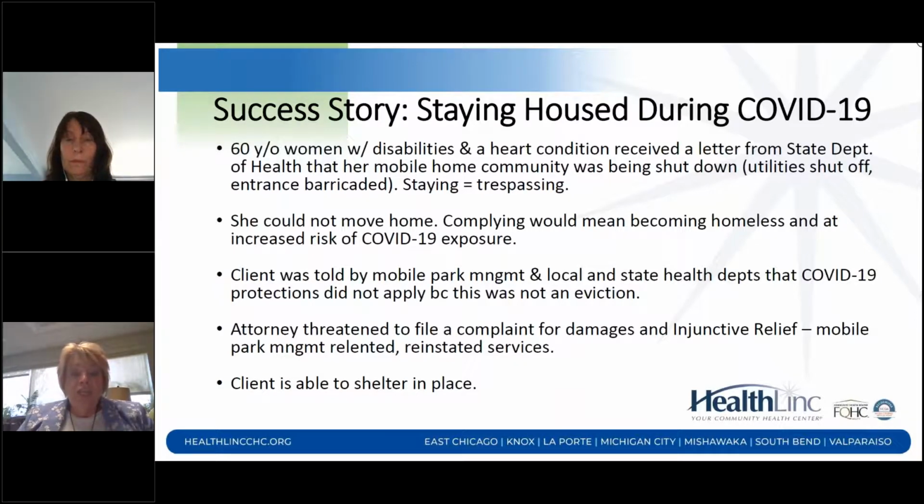She couldn't move. We're under a stay-home order. She couldn't go out and find a new place, and she was going to become homeless and have the possibility of being exposed to COVID-19. She had called our office about getting her meds refilled, and she mentioned that. The staff referred her to our MLP attorney, and Sarah first went to the mobile home management,